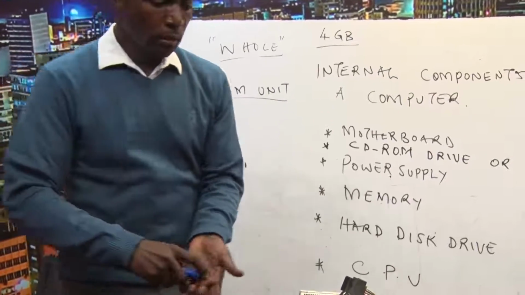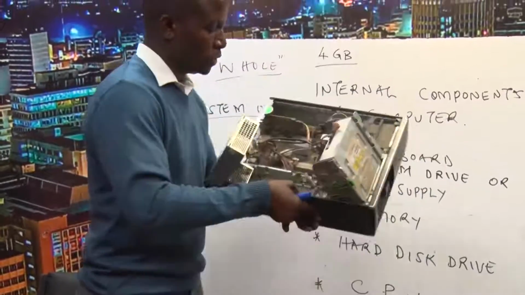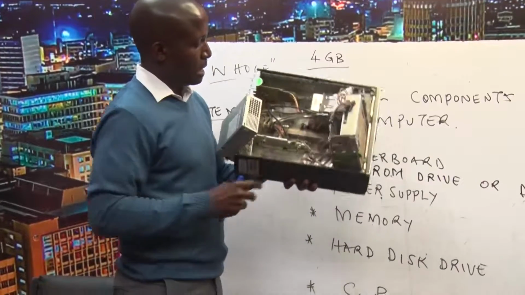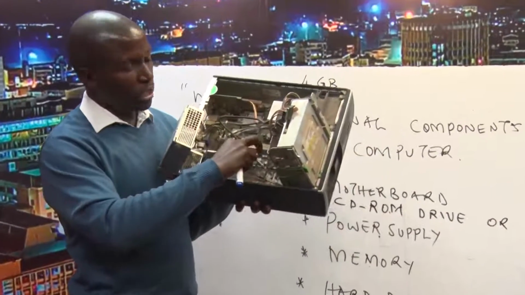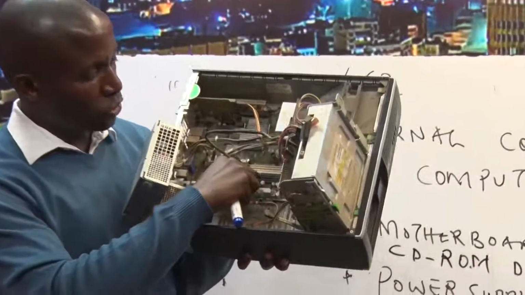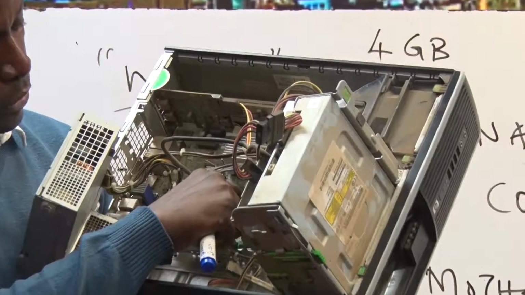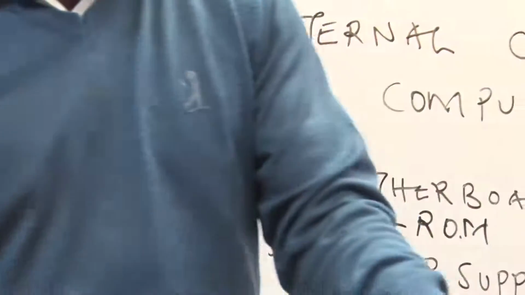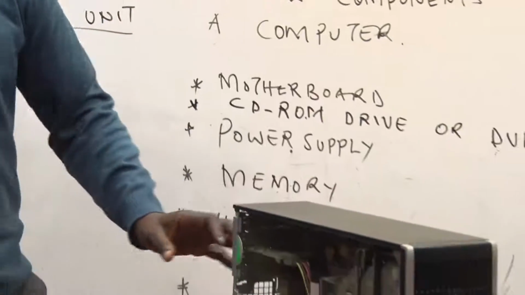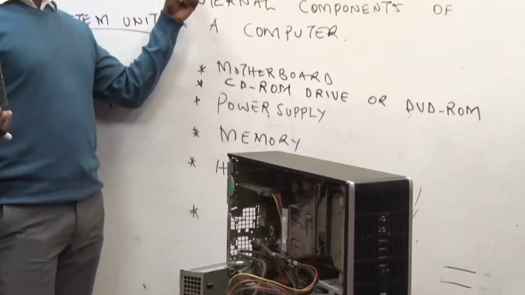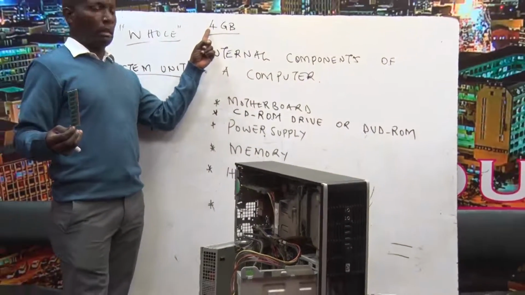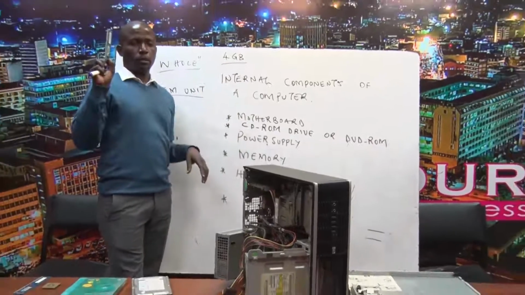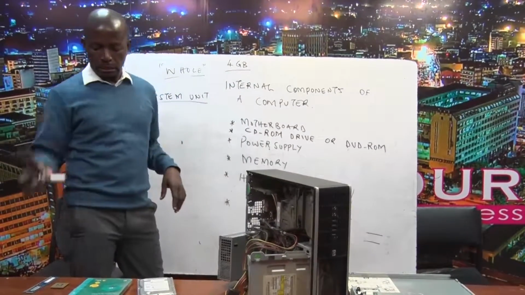On my motherboard, the computer that I'm using here, you can see that I've got how many memory expansion slots? I have got 1, 2, 3, 4. So it means that on this computer, maybe when it is being purchased with a memory capacity of 4 GB, it comes with one stick.